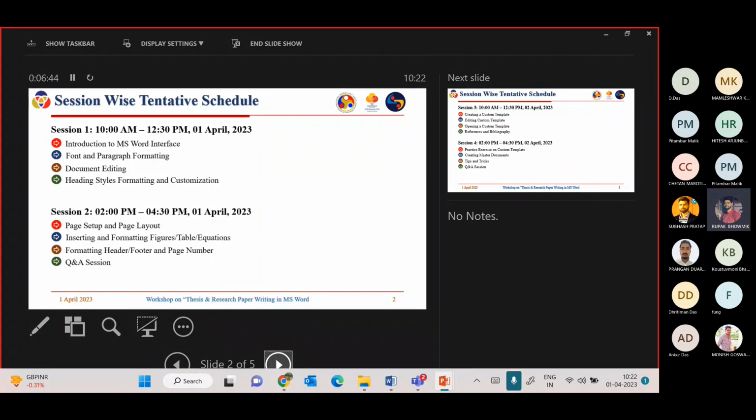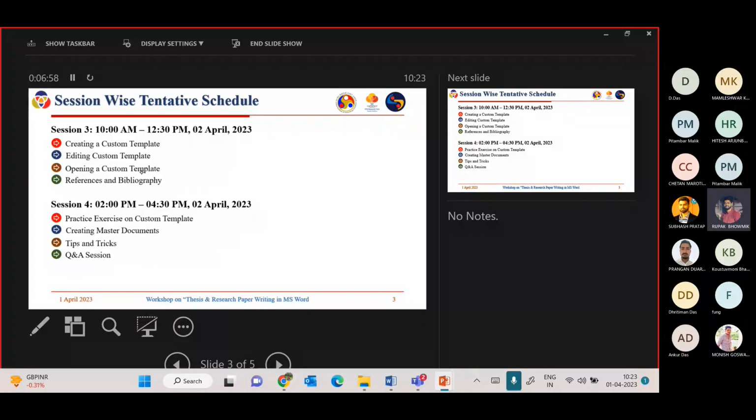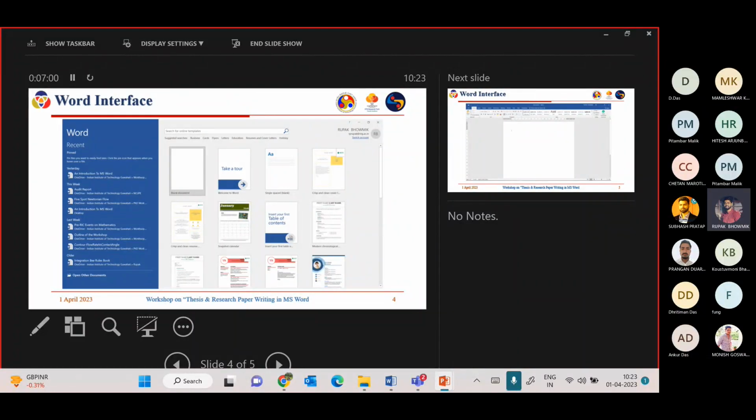So first session today we'll see the introduction of the MS Word interface. We'll see how the interface looks and what functions we have. Then we'll see the font and paragraph formatting. Then document editing. In the document editing, mostly